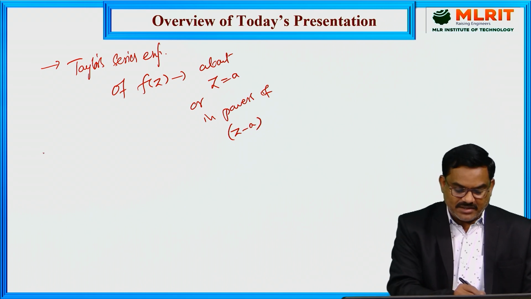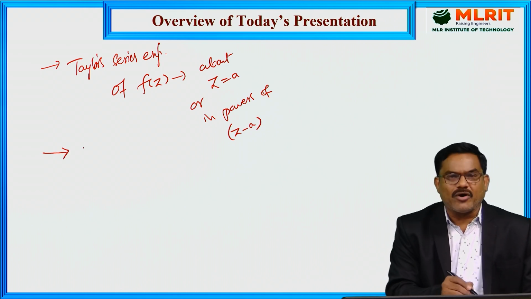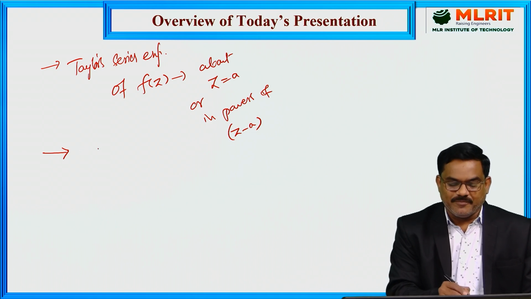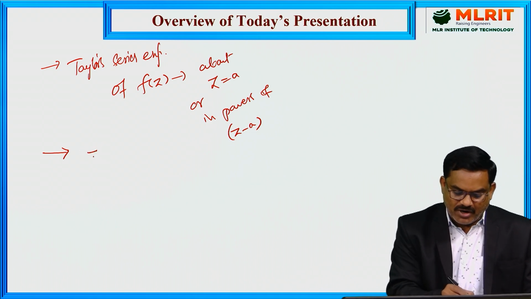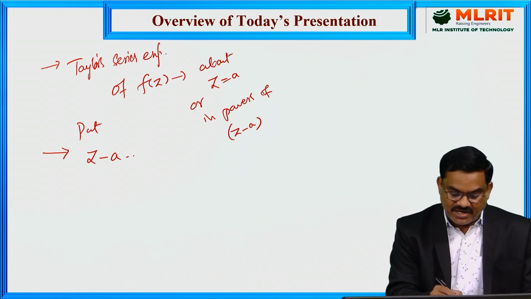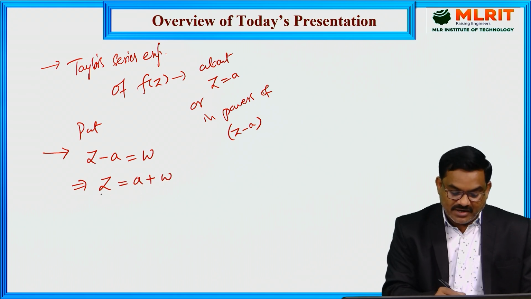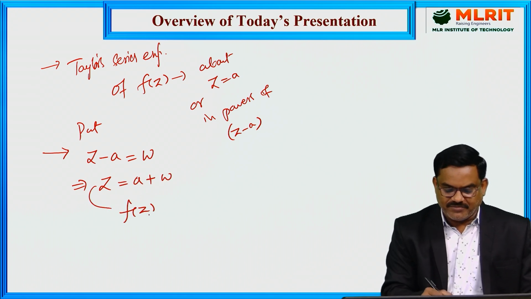For that, we used a shortcut method. The important point to note is that if you want to expand about a point z equal to a, then let z minus a equal w. From this, find the value of z as a plus w